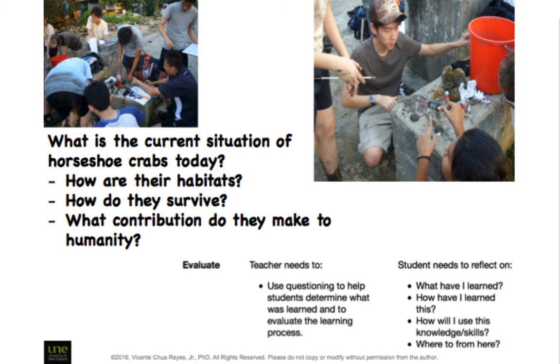generation, they remember times when there were so many horseshoe crabs that you could find on the beach, but now you don't see that anymore. And they just seem to be concentrated in highly polluted areas like the Mandai mudflats, because there are not too many people who go there because it's dirty, it's filthy. And they say that if the current pace of development continues, they fear, which is a justifiable fear on their part, that we may no longer see horseshoe crabs in that part of the world.